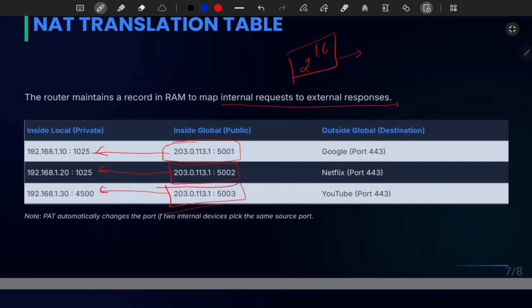In a single router you can add 65,000 devices, or even send 65,000 requests. On this basis, it saves us from the crisis of IP address version 4.